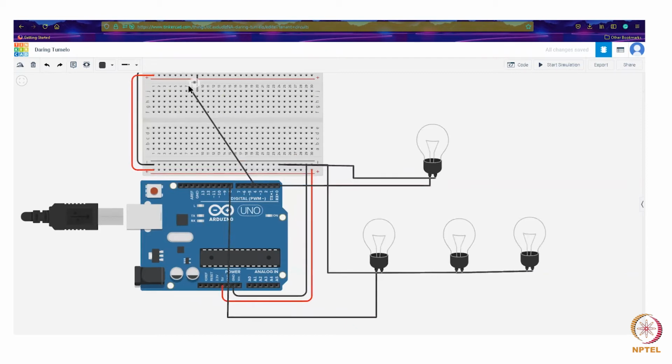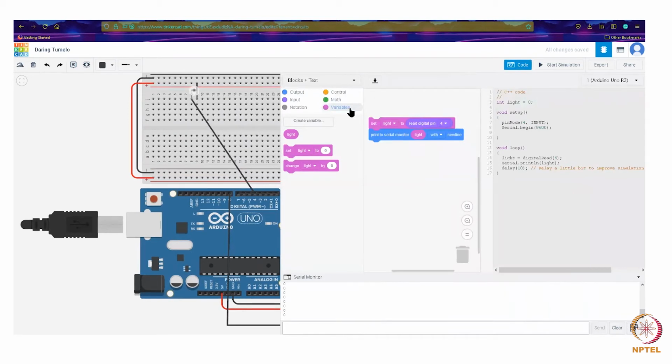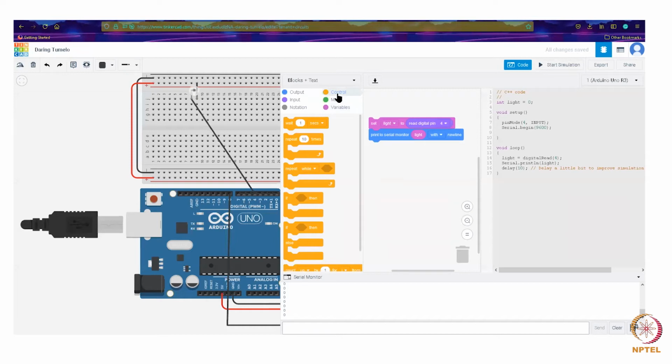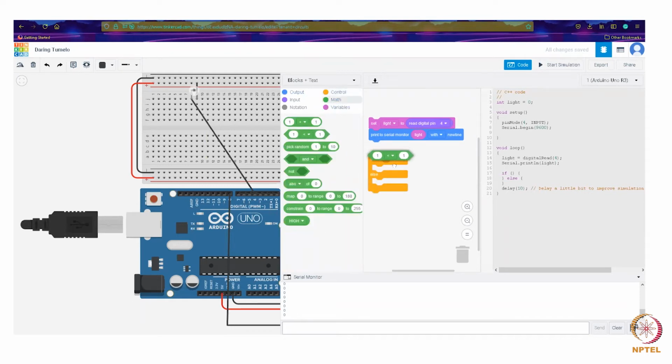And now we are also able to take the ambient light. So what we can do is that we have a pseudocode already, which is basically check if the ambient light is greater than certain threshold. So it will be something like an if else condition. So if the ambient light is less than 1, we mean to say if the ambient light is less than certain threshold, we mean if it's dark, then